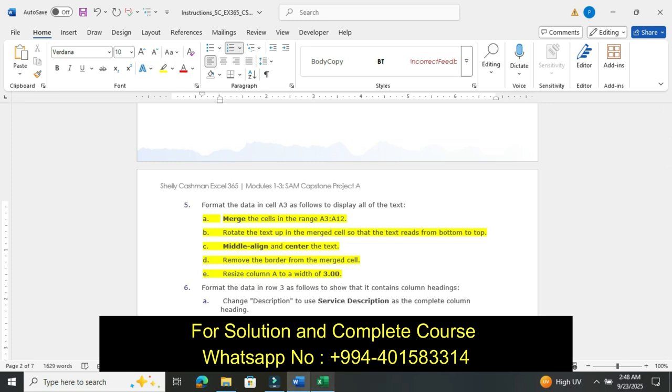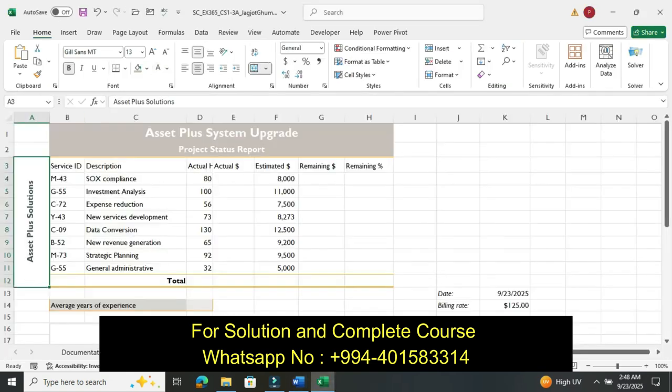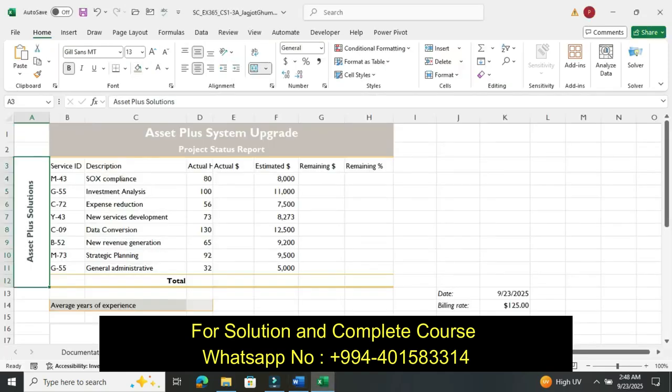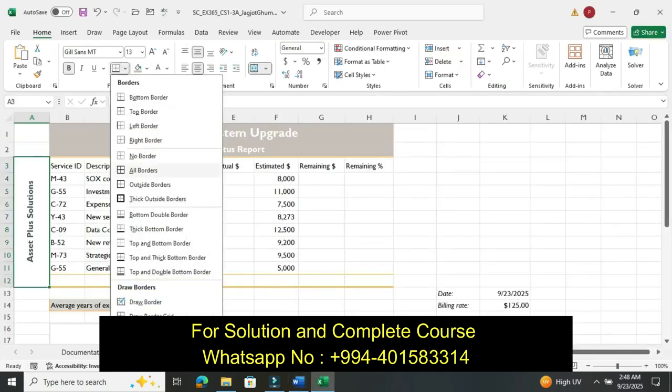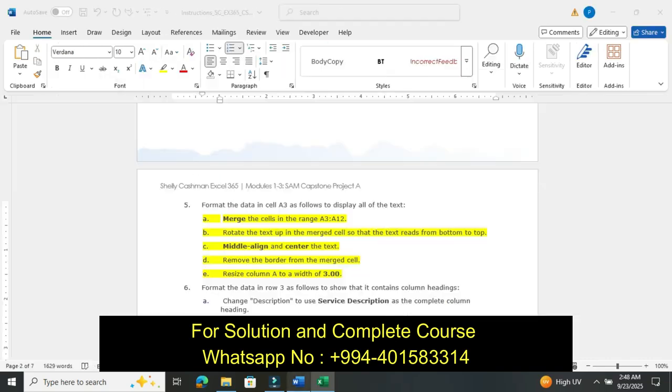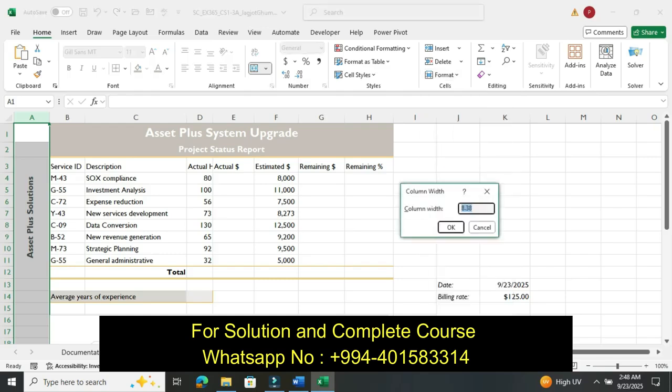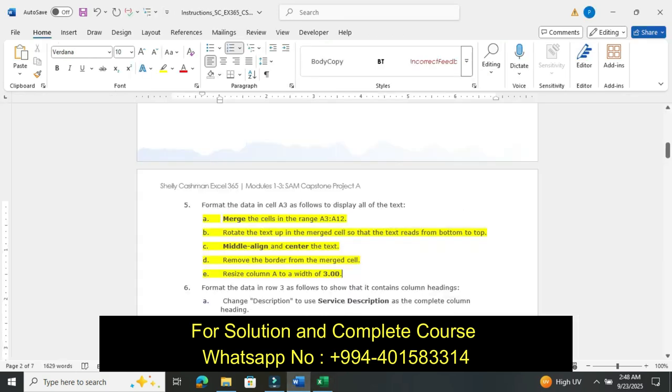Then middle align and center align. Remove the border from the merged cell, using no border. And resize the column width of column A to 3. So our step number 5 is completed.